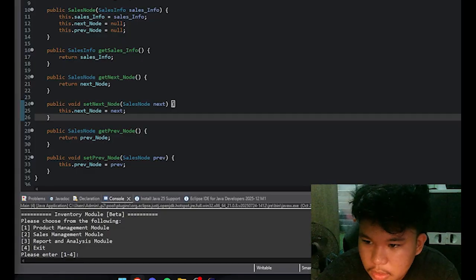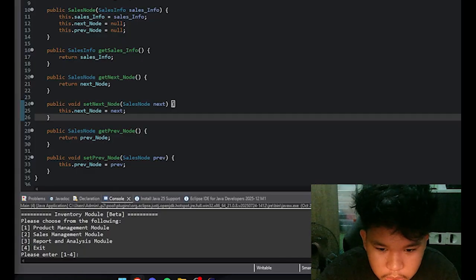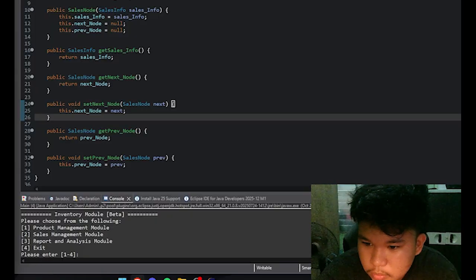Next use of the sales node class is the add to list. It appends to the DLL still in sales management DLL. So once the user inputs data into the system, the data that is recently added will be appended to the tail or at the back. It's set as head and tail if the list is empty.